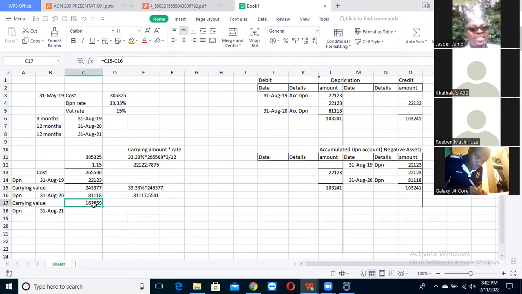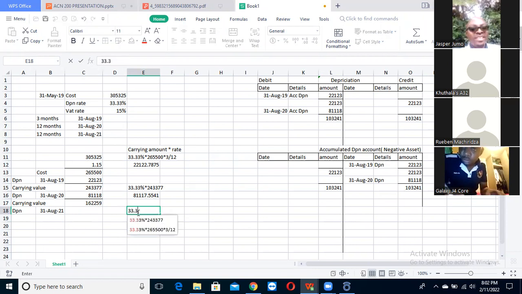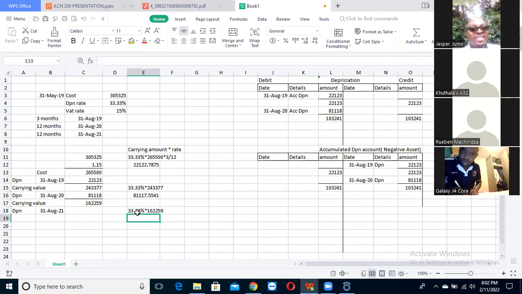The carrying amount is always the one from the previous period, because that's the value of the asset as we talk right now. So we want to say 33.33% multiplied by what? By 162,259, which is our carrying amount at this date. So we simplify it: 33.33% multiplied by 162,259. We find that our depreciation charge for the year was